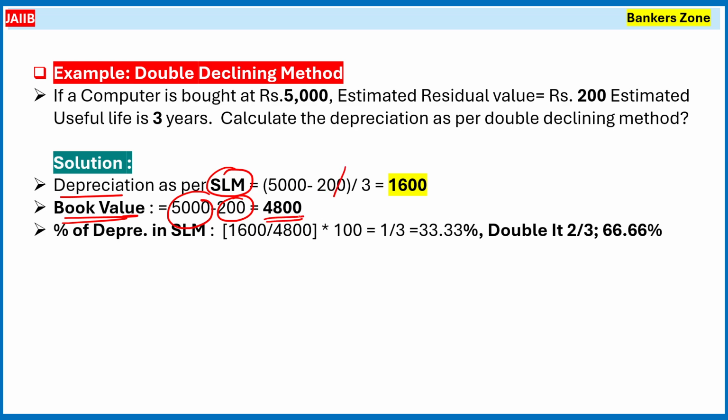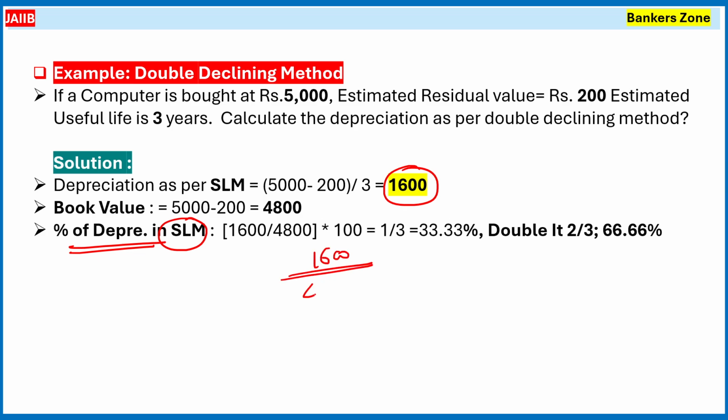So 4800 is your book value, or you can say it is the depreciable amount, or depreciable base we can call it. So what will be the percentage of depreciation in the straight line method? Simply we have to calculate the percentage. 1600 is the depreciation for 4800, right? Multiply with 100, so you will get simply 1 by 3, or simply you can say 33%,